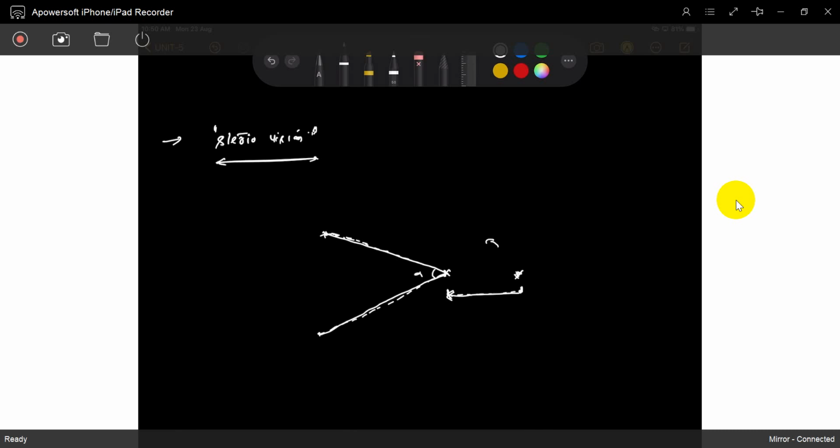You may think that the depth of these two points is altered when you observe from this location versus that location. When you observe from one location you get one depth between the two points, and from the other you get a different one. You feel this one is somewhere here, and from another view you get it like this. Sir, how can you say like this? We can't. So I just took one small example.